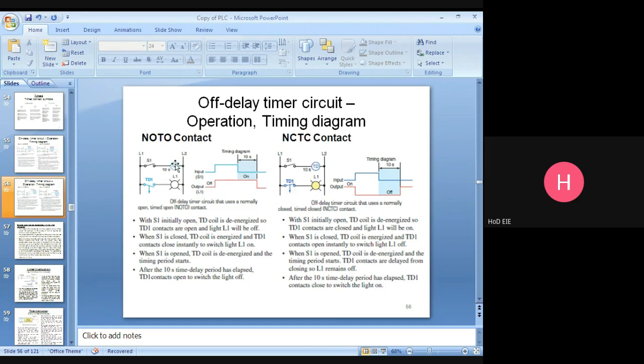After counting the 10 seconds, this will close. Once this is energized, it starts counting 1 second to 10 seconds. Then this contact will be closed. Now the bulb will glow. Got it?